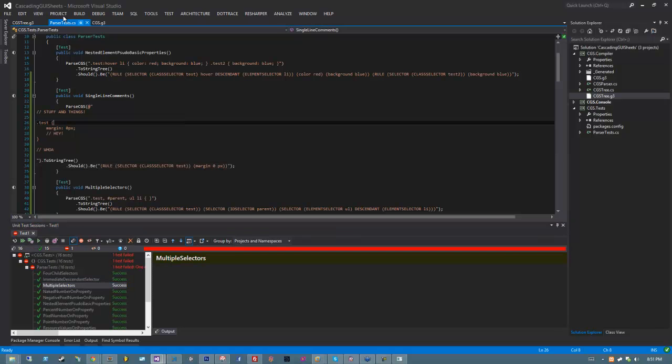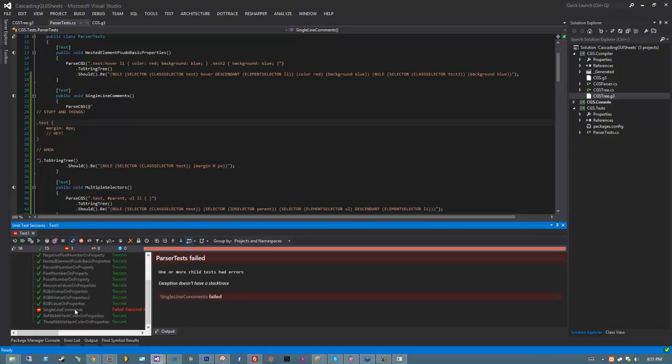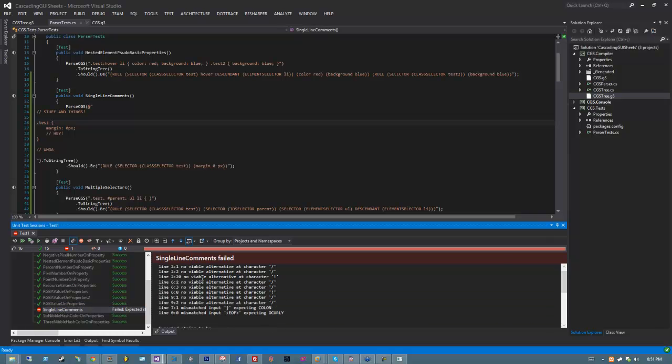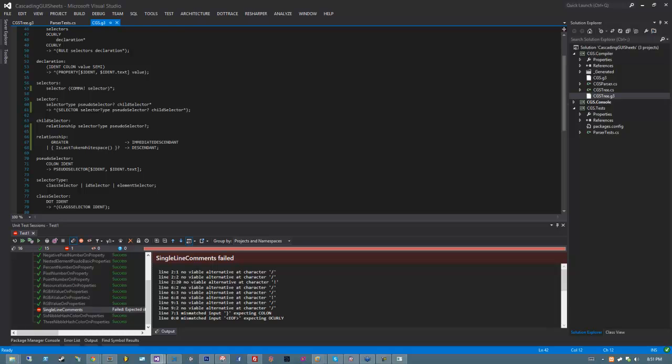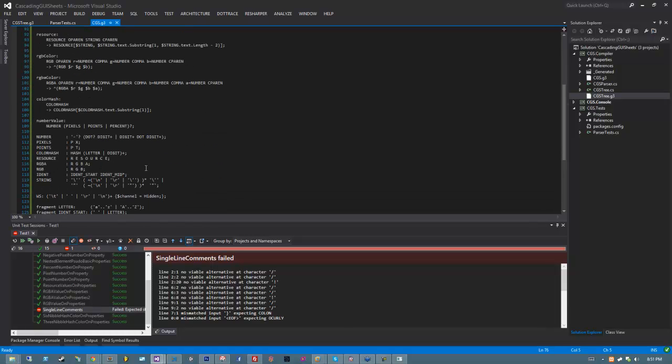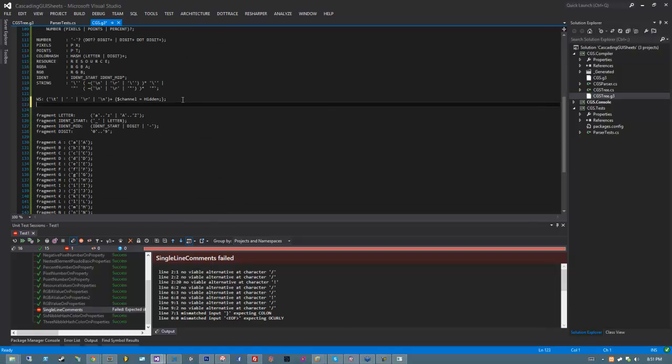Wait a sec, did I already add comments too? Nope, I didn't. Here we go, sweet. No viable alternatives. So let's go ahead and strip comments out of our language. I'm going to jump all the way down to my white space, and I'm going to throw in a line comment. A line comment is going to be this token, so 2 forward slashes, followed by anything that is not